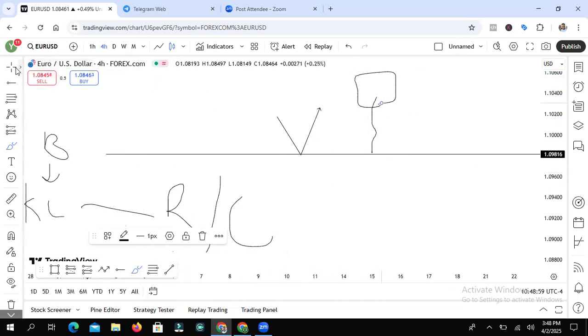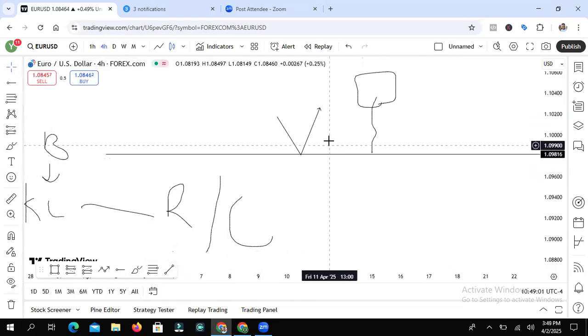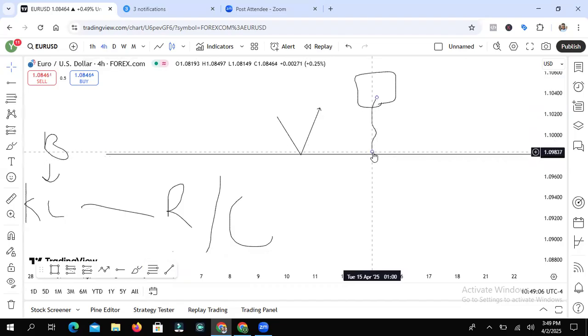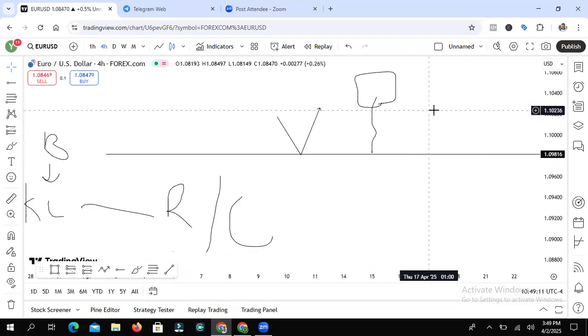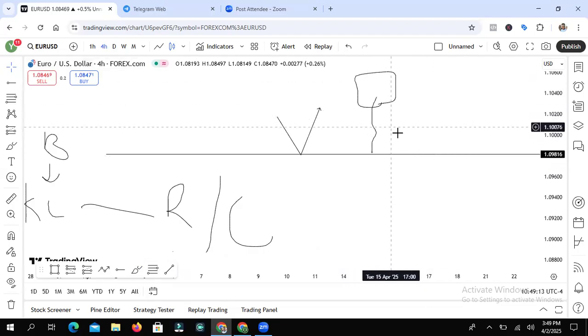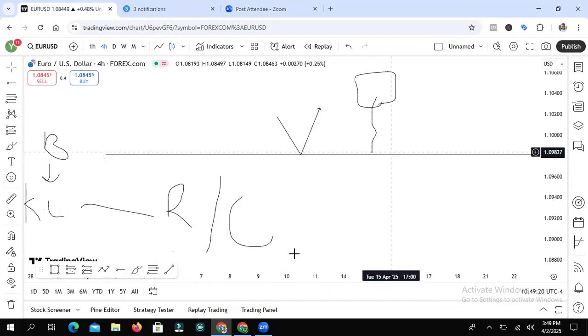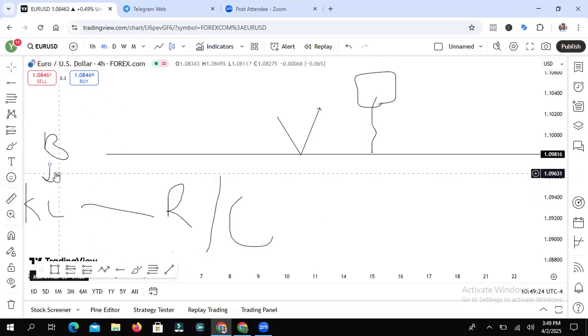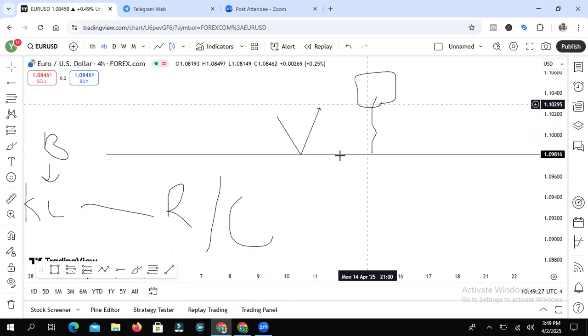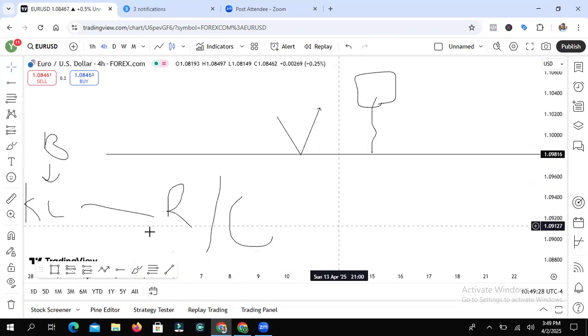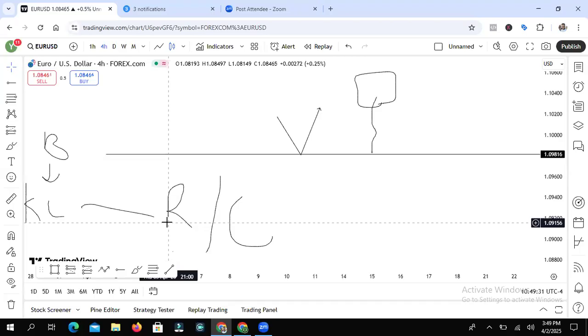This is all you need to build bias. So candle rejection of a key level and then candle closure. You want the market to close above the key level. Once you have this, you want to start looking for buying opportunities. You want to start looking for longs. On the charts, this is basically all you need to build bias, right? All you need is your key level, the V shape and the A shape, and then a candle rejection and candle closure.